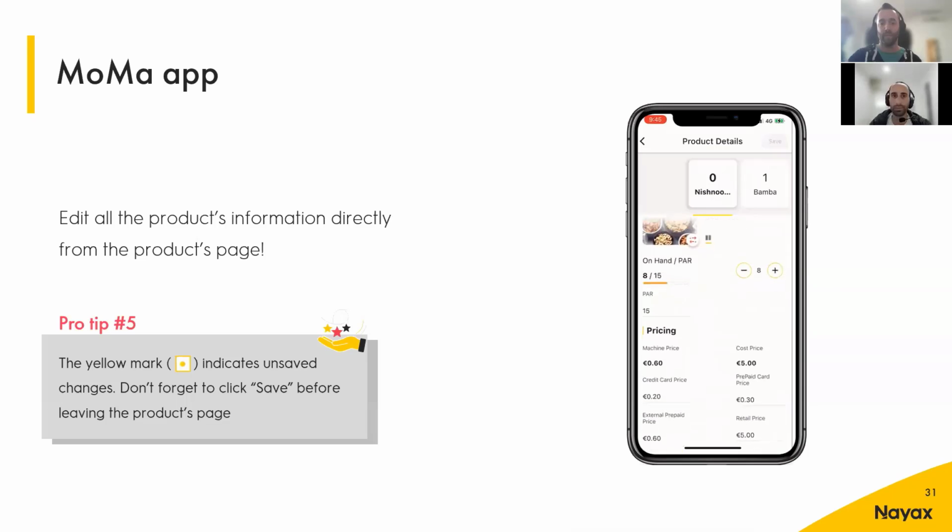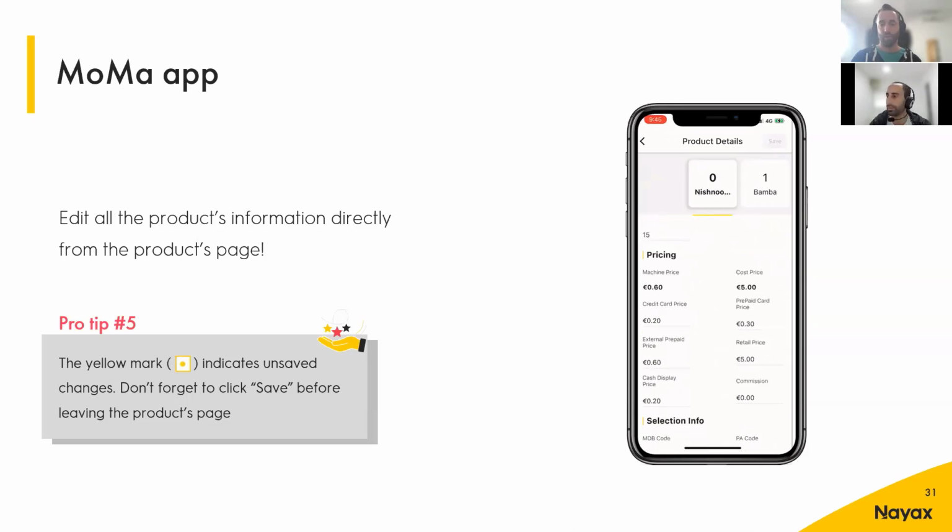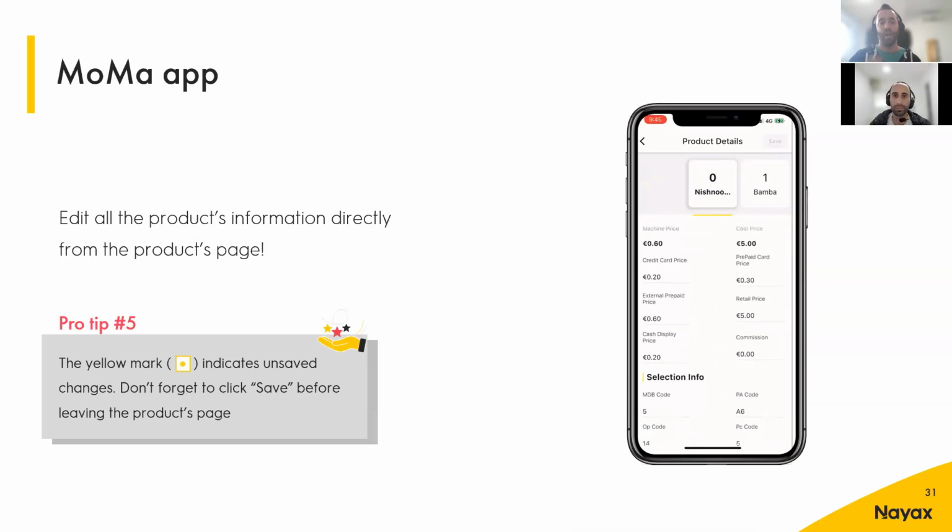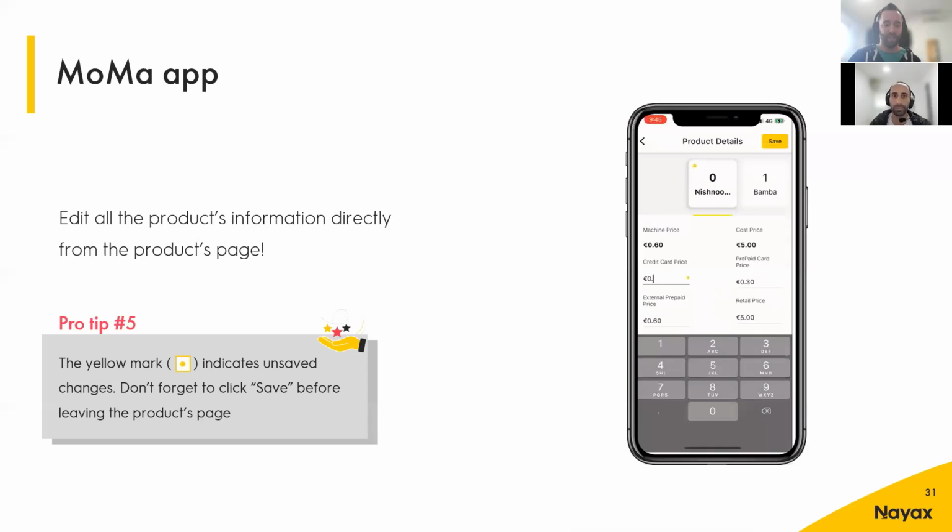So once you scan the machine or once you're near a machine and you choose that machine in the app, the machine page opens. You can go to the product map and change all of that information directly from there. Okay, so we have all of that information in the presentation as well. And that's basically the main core of the webinar, knowing how to work with products, product groups, adding products, and